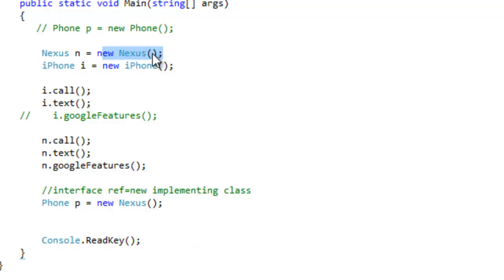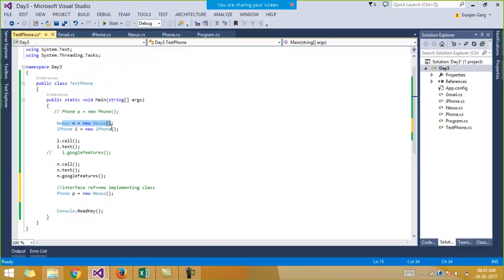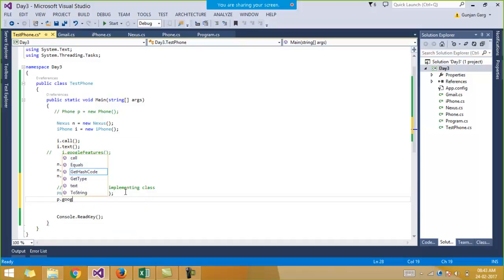So the basic difference between the two is, with the first way, if you create the object like this, you are able to access all the functionalities which are there in the Nexus class. You can call all the functions of the Nexus class. But if you create the object of the Nexus class in this way, then you cannot call the Google features function, which is also there in the Nexus class.